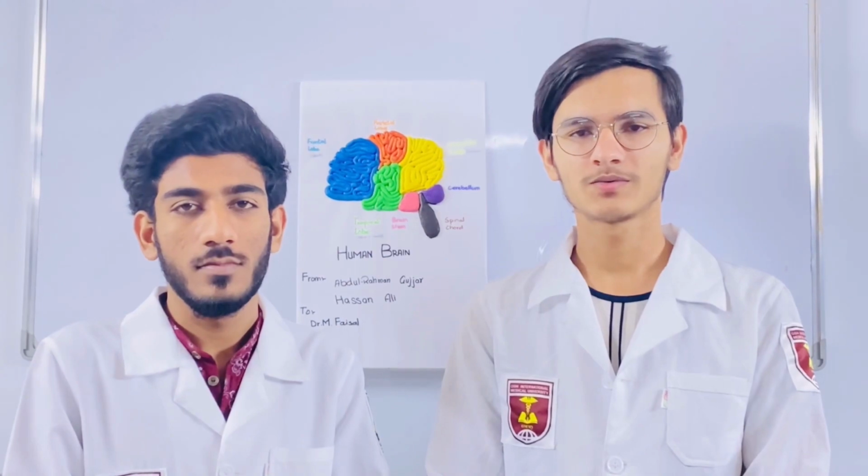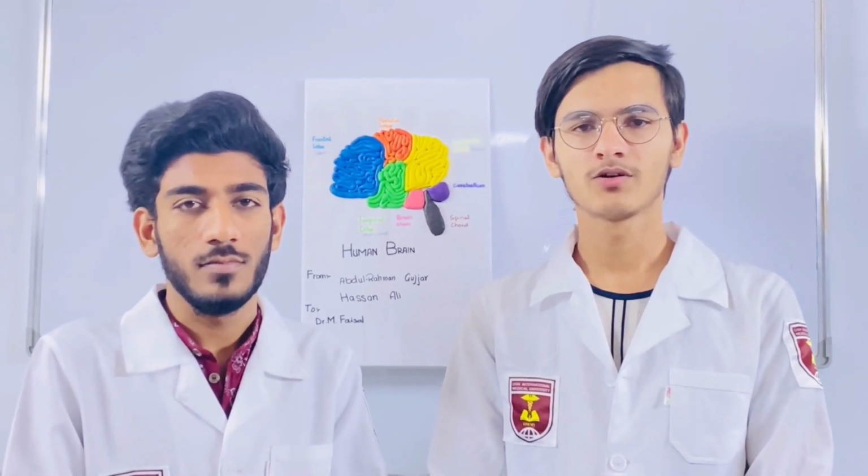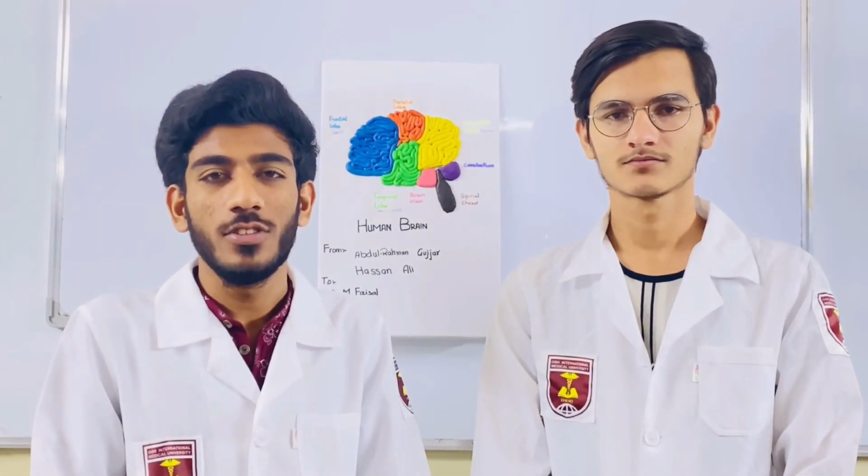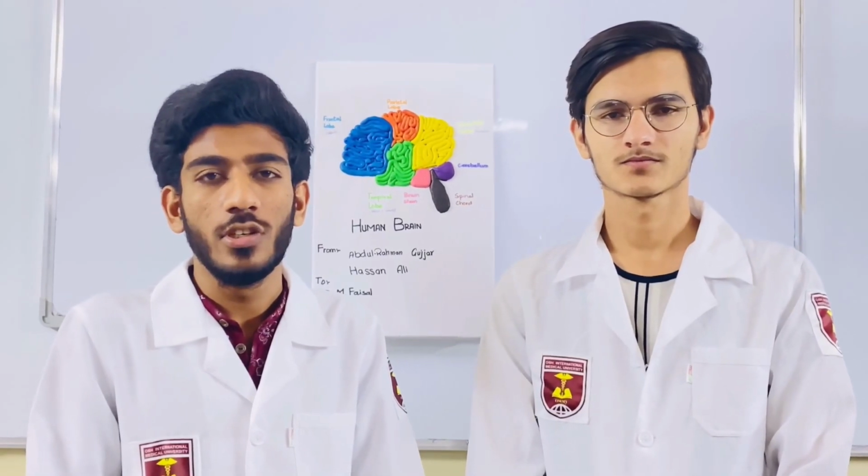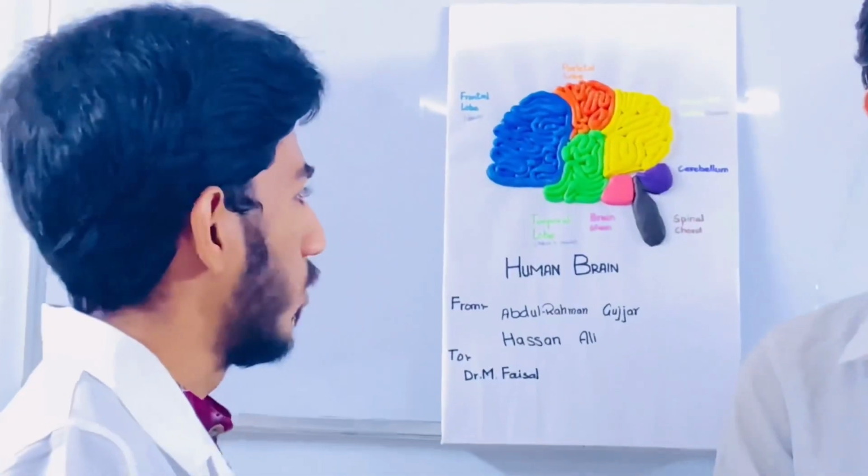Today we are going to present the topic about the anatomy of the human brain. The central nervous system consists of the brain and spinal cord, with the brainstem. The weight of the brain in a human adult is 3 pounds, and in children 3/4 of a pound. The human brain consists of